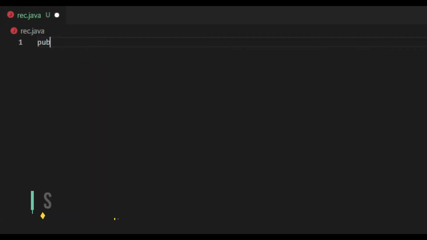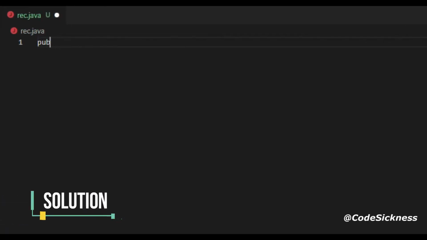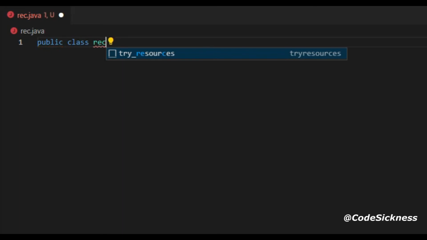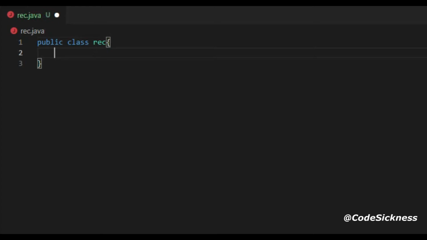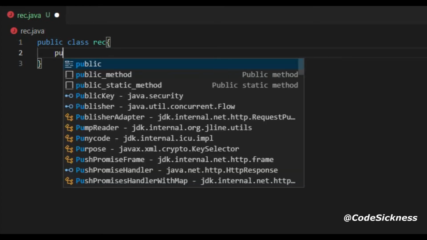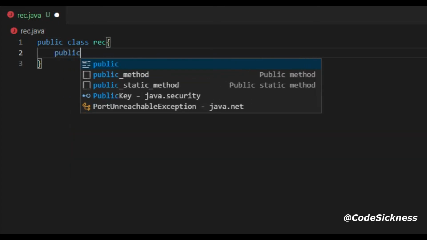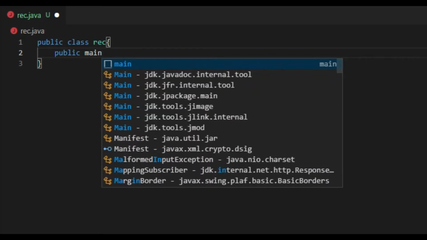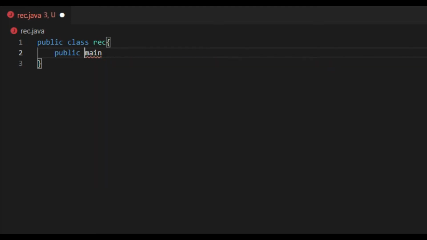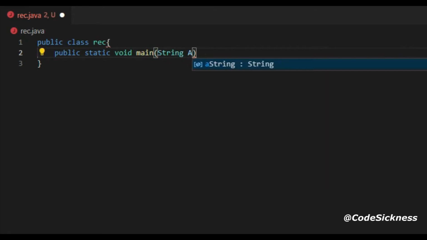We'll just define a public class which is of the name rec because I'm using this file as rec.java. And now we'll just define the main function through which our compiler will come to know where to start execution. So public static void main, then string args,